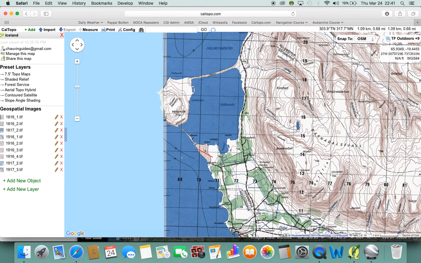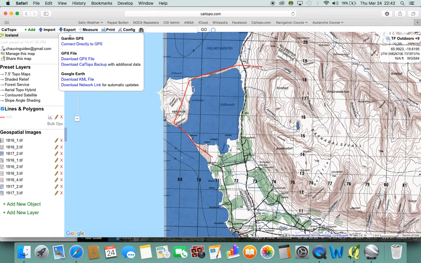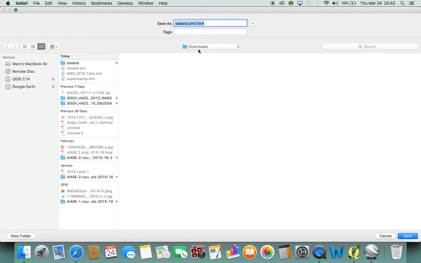So right here, I'm going to create a line. And I'm just putting it random, just a spot. And what I'll do here is I'll just go to export, and you'll notice down here it says download network link for automatic updates. And it's a little weird. You've got to get rid of the .html. Little bugs with